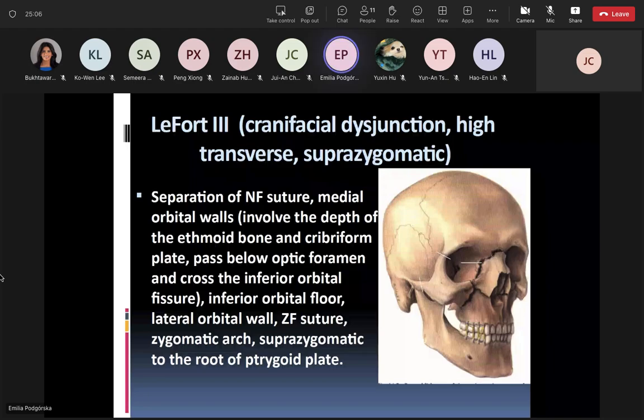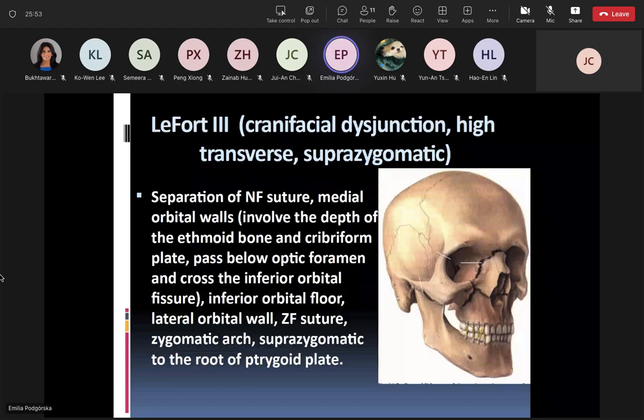Signs and symptoms: although it is possible to distinguish between levels 2 and 3, the signs and symptoms are almost similar. Gross edema of soft tissue, bilateral circumorbital ecchymosis, bilateral subconjunctival hemorrhage, deformity of the nose, nasal bleeding and obstruction, CSF rhinorrhea, dish face deformity, limitation of ocular movement, possible diplopia and enophthalmos,